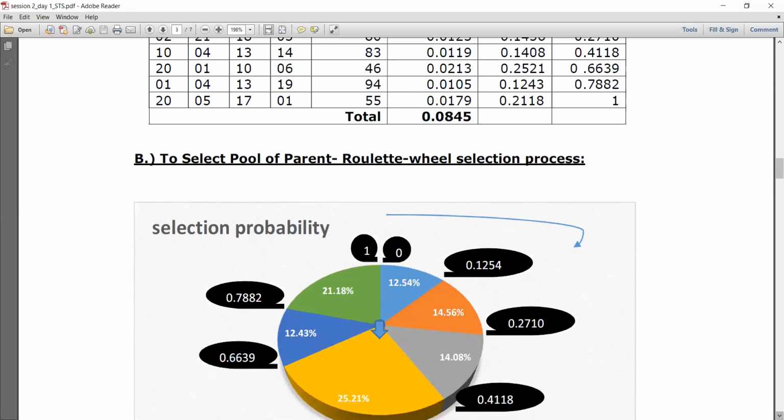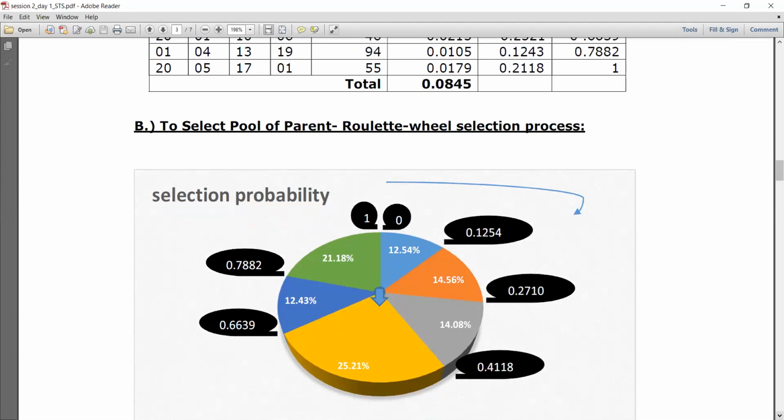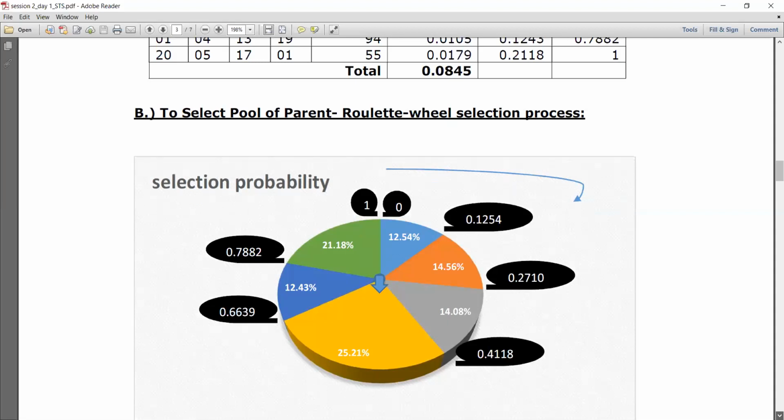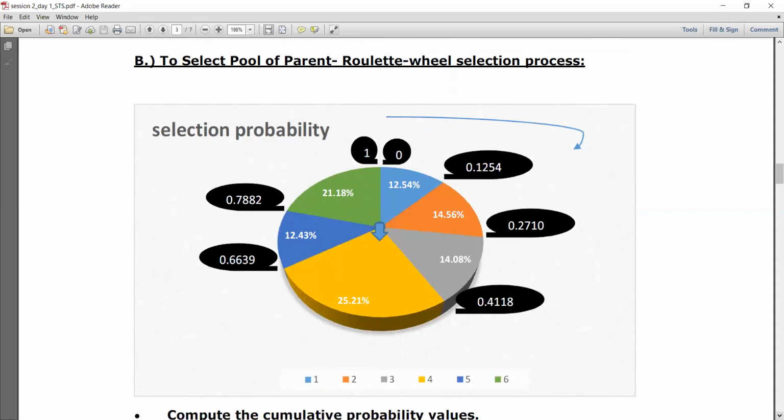So now let us go to the Roulette wheel. See, in the Roulette wheel, the black numbers, the black segments, show the cumulative values, right? And inside the wheel, we have some shares for each and every chromosome. How many shares do we have? Totally 6 shares, correct? And each has got a different color. To start with, let us start with the light blue color. Under this Roulette wheel, I have shown colors also.